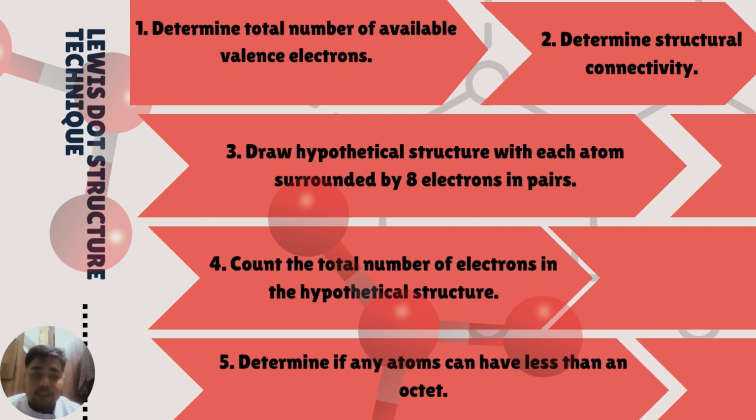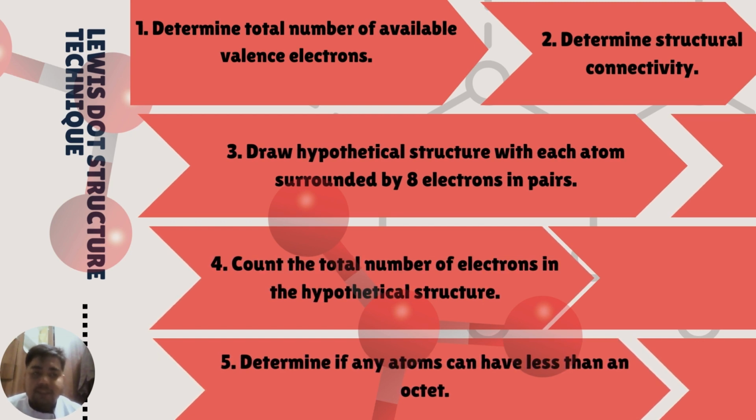Another clue is that chemists usually list the central atom first in the chemical formula, such as CCl4 and CO2. The next step is to draw the hypothetical structure with each atom surrounded by 8 electrons in pairs, or what we call an octet. Here, we place two electrons forming a single bond between bonded atoms by drawing a line between